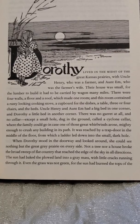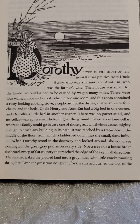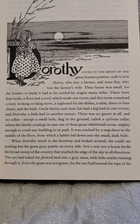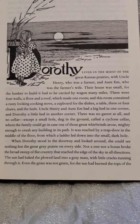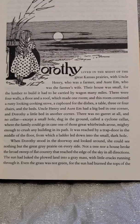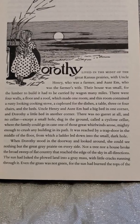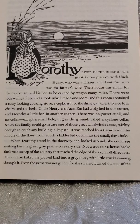beds. Uncle Henry and Aunt Em had a big bed in one corner, and Dorothy had a little bed in another corner. There was no garret at all, and no cellar, except a small hole dug in the ground, called a cyclone cellar, where the family could go in case one of those great whirlwinds arose, mighty enough to crush any building in its path. It reached by trap door in the middle of the floor, from which a ladder led down to the small